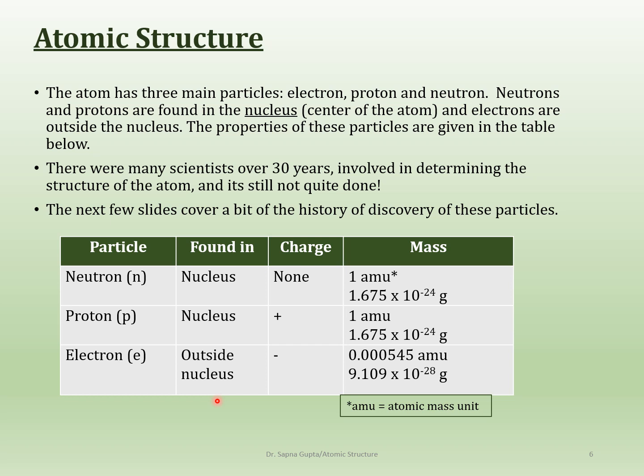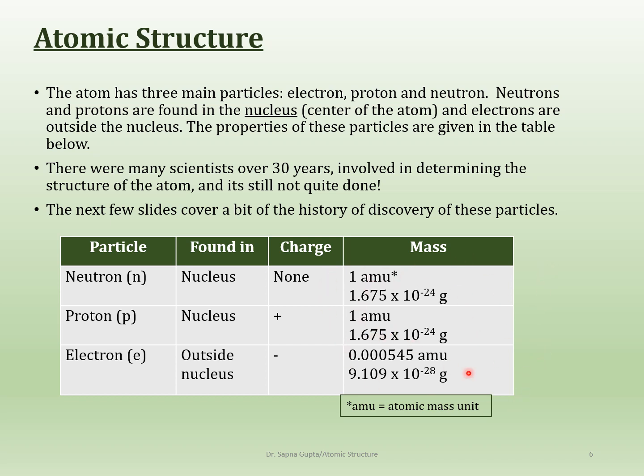The slide here gives you an overview of what's coming ahead, because I'm going to talk to you a little bit about how all of these things were figured out. This already kind of gives away the mystery. We know what's going to happen, so we just need to get there, which means we're discussing, of course, the history of something. The mass of these particles is given to you over here.